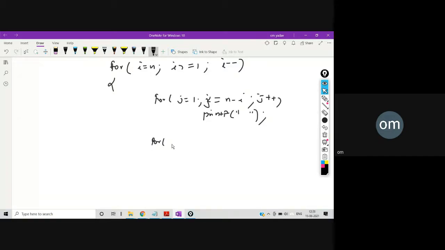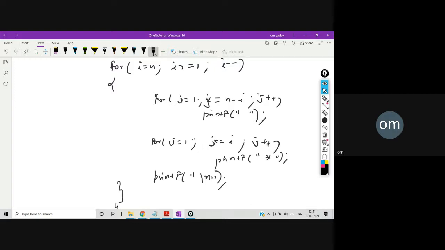Then for j equal to 1, j less than or equal to i, j plus plus, printf star, and then printf backslash n.